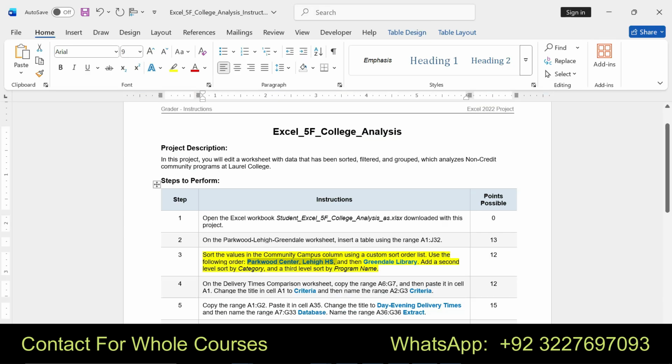and then add a second level sort by category and a third level sort by program name. Use the following order.